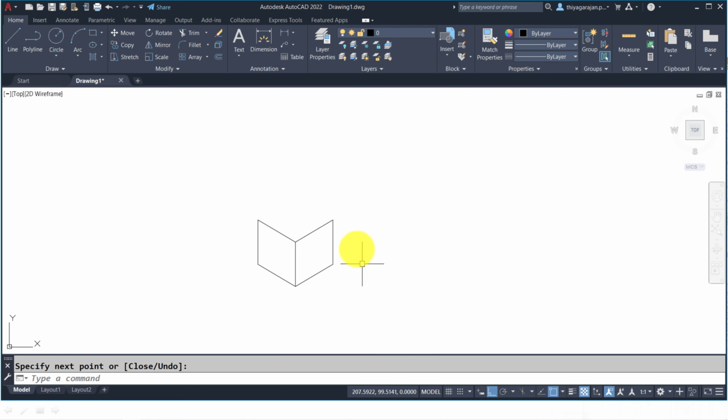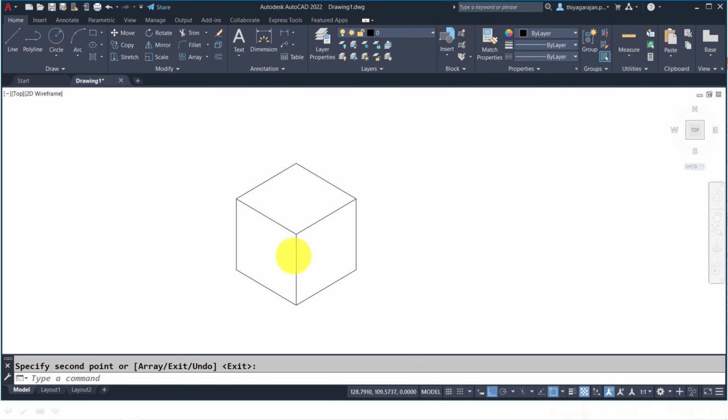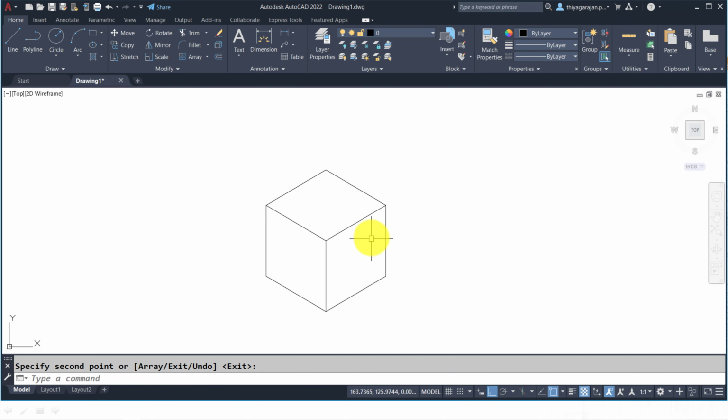So the top side face, I have to construct. I can construct the lines, or I can keep the same lines here. I can use the simplest way, keep the line here. Similarly, I can keep the lines like this. This seems to be a box, right? Now I have to construct a right side, left side, top side, a cylindrical body.